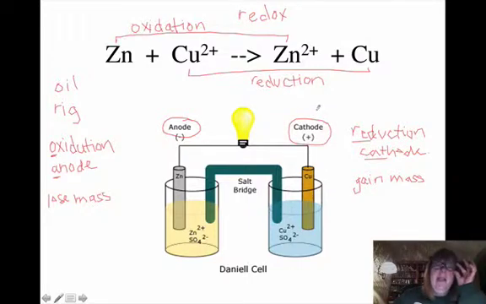Now, we've got these electrons being transferred. Zinc is losing them, copper is gaining them. And so those electrons are traveling from the anode